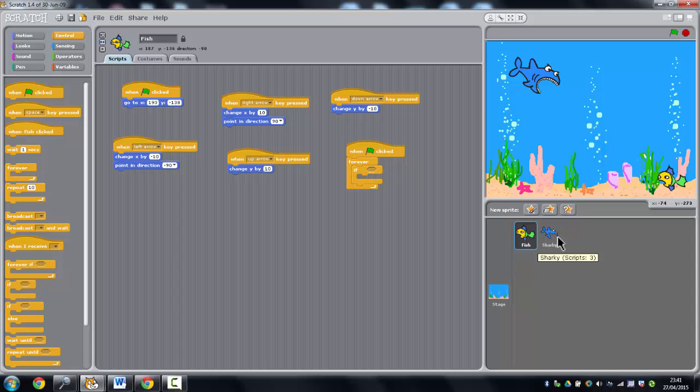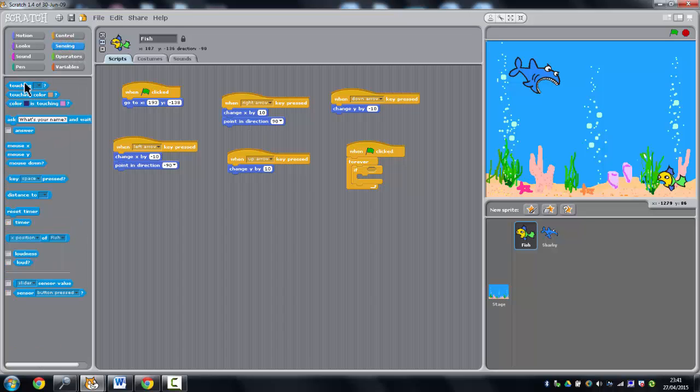This is where we're going to say if touching. So if our fish touches the shark, and that's in sensing. In sensing, you've got this top one here, it says touching. We can drag this across and change it so that if it's touching Sharky, or whatever your shark sprite is called, we drop this, and you see it goes white, so I can put it inside that little diamond. So it says when the green flag's clicked, forever, so at any time in the game, if we're touching the shark,